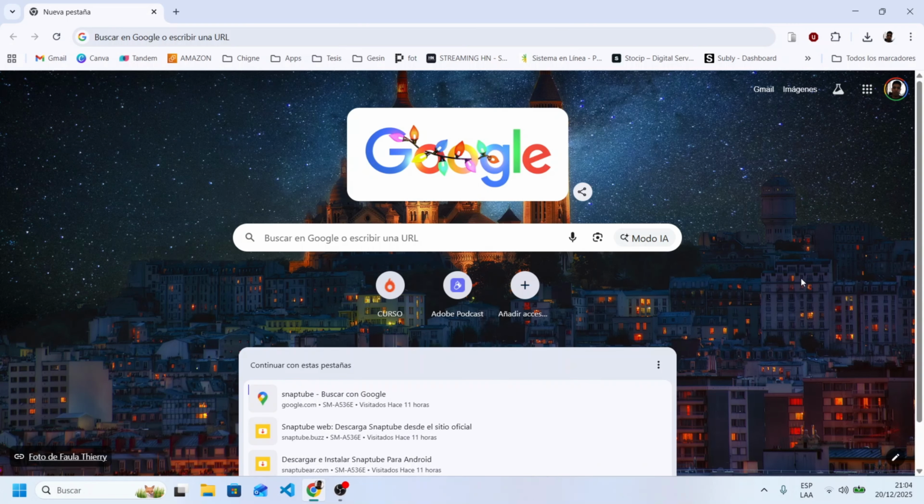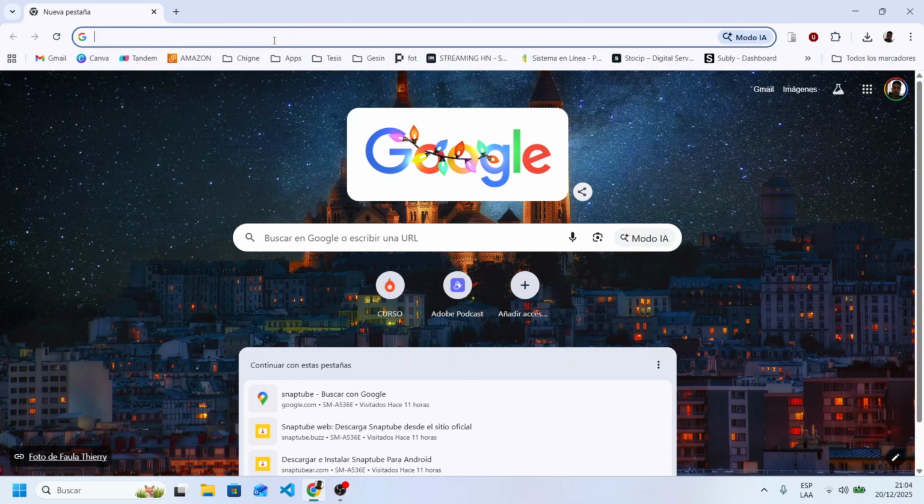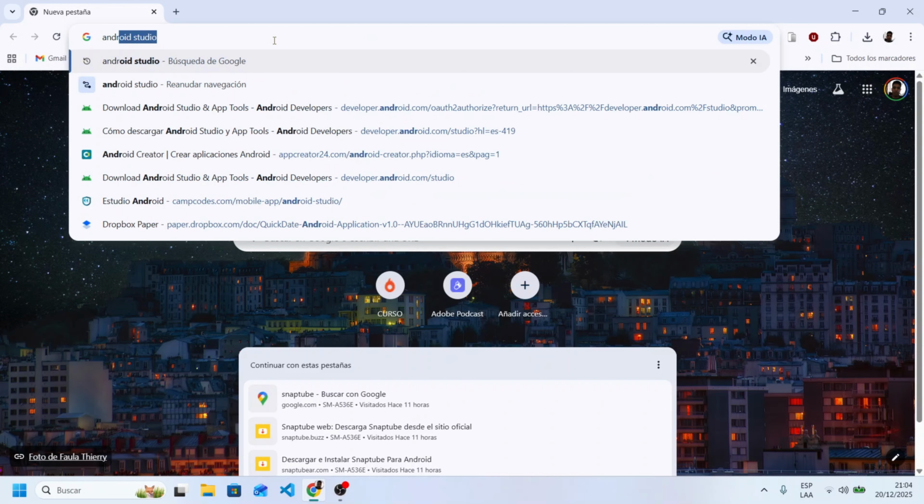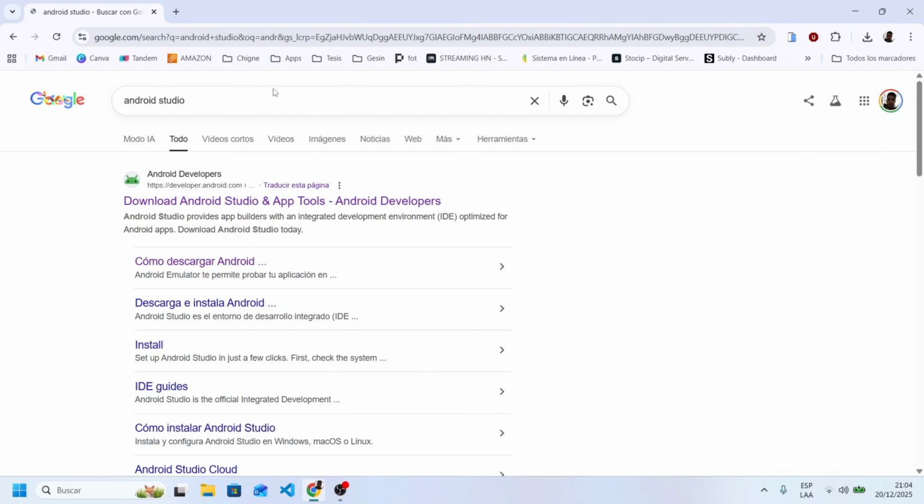Now let's install Android Studio step by step. First, open your browser, maybe Google Chrome, Brave, Opera, or any other. And in the search bar, type Android Studio. From the results, open the official website developer.android.com,